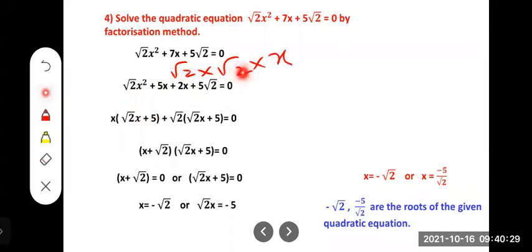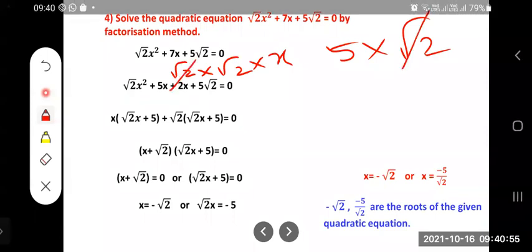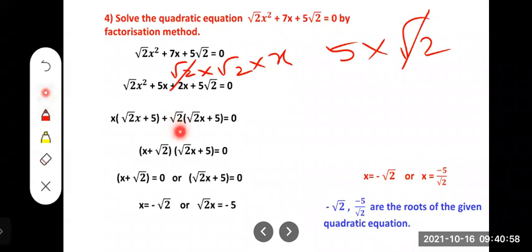Because you know root 2 into root 2, root 4. That means when you take the square root of 4, you will get 2 only answer. Okay, children? So root 2 into root 2, you'll get back 2 only. So instead of 2, while splitting, we can split it as root 2 into root 2. Clear? And here 5 root 2 is there. So 5 root 2, how we can write? 5 into root 2. Clear? Now, what is common? Root 2 is common. So I have taken this root 2 common outside. What is left out? Root 2 into X is left out. And here 5 is left out. So in between plus sign is there. So root 2X plus 5 I have written. Now you understood?